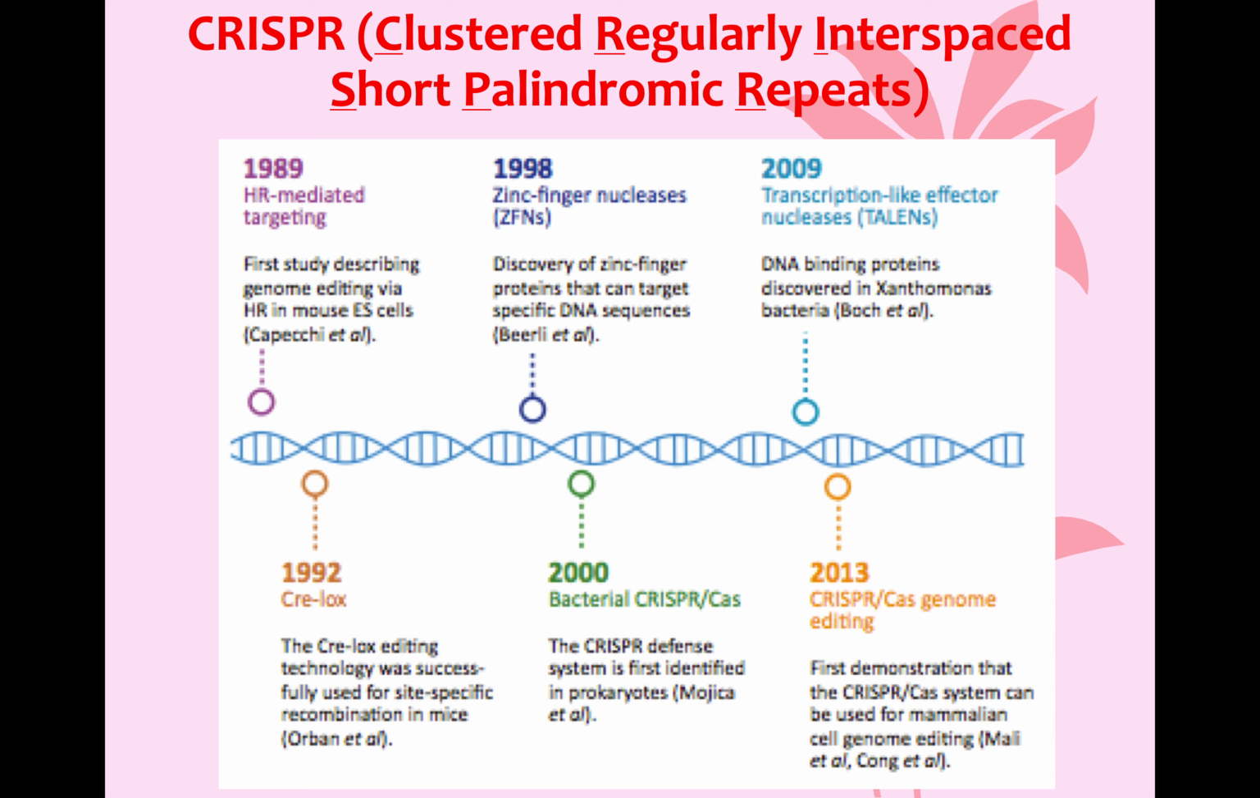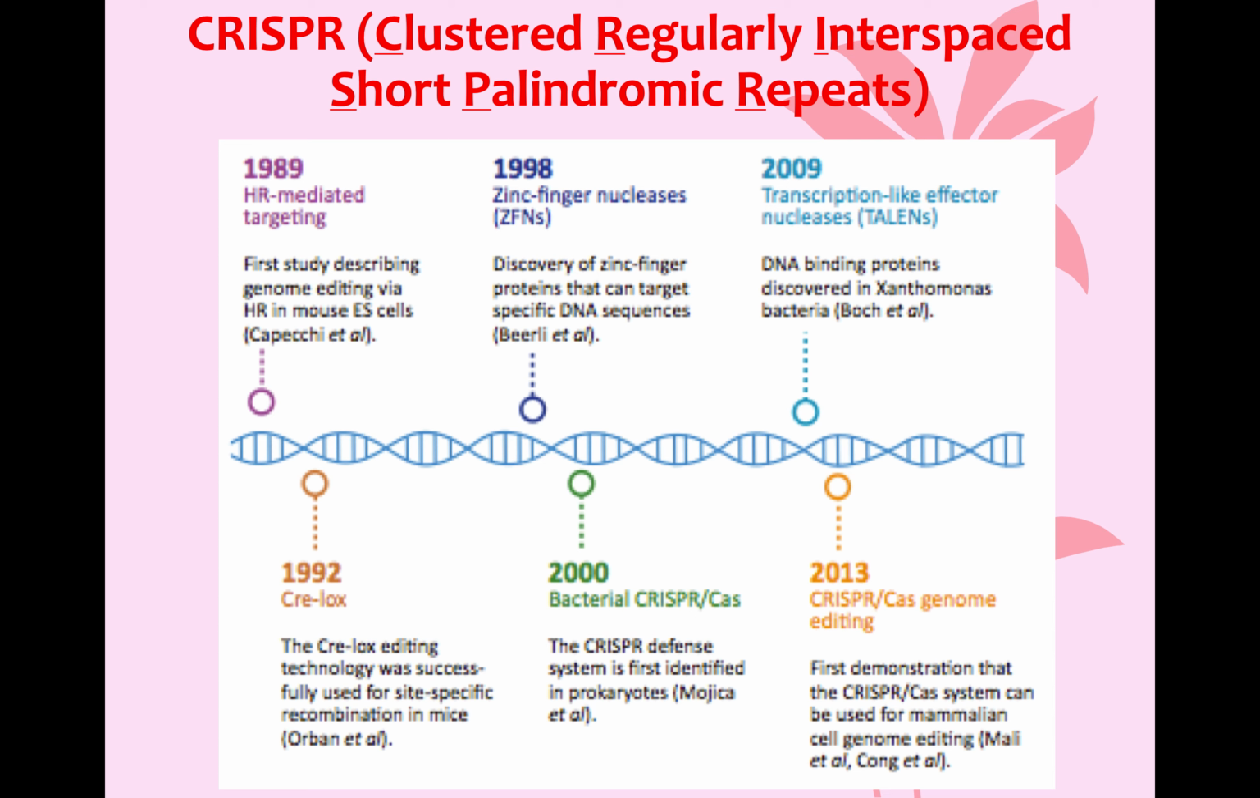So the idea starts way back in the 1980s, but the first paper that reported a study on CRISPR is actually in 2012 by Jinek et al. In 1989, the idea starts from the description of genome editing via HR in mouse ESC by Capecchi et al. This was followed around 3 years later by the use of CRISPR editing technology for site-specific recombination in mice. CRISPR is basically used, simply said, to cut and paste genes to either